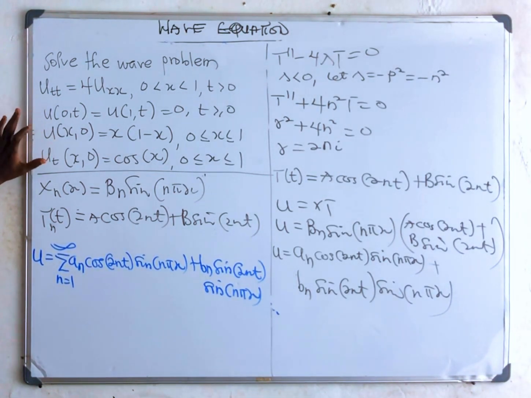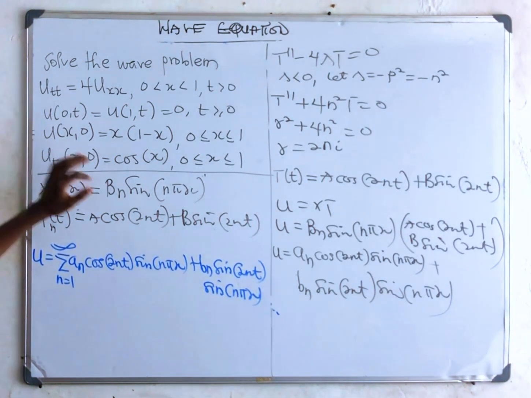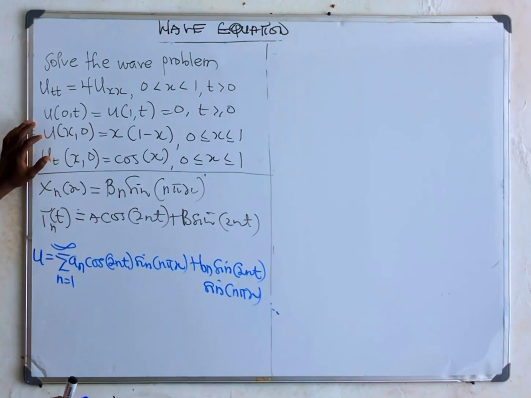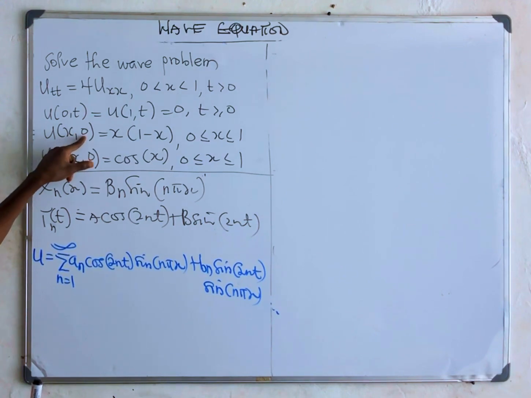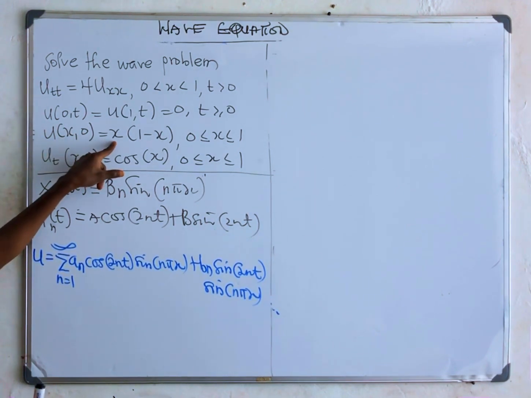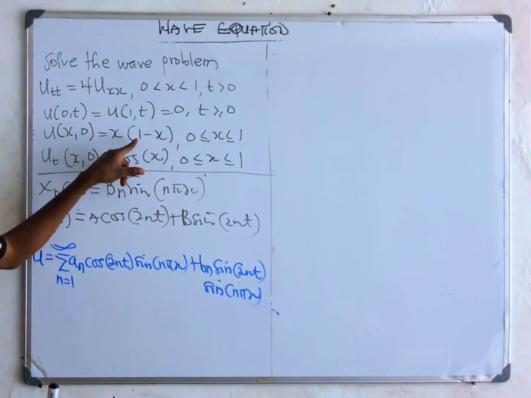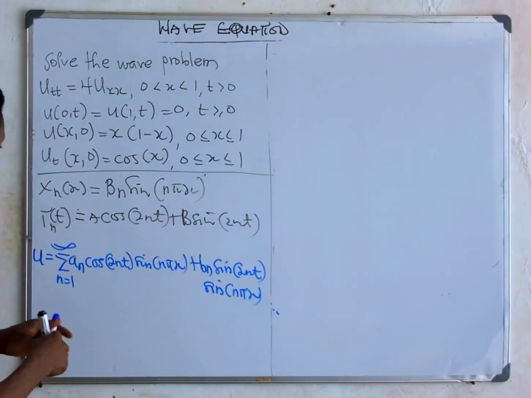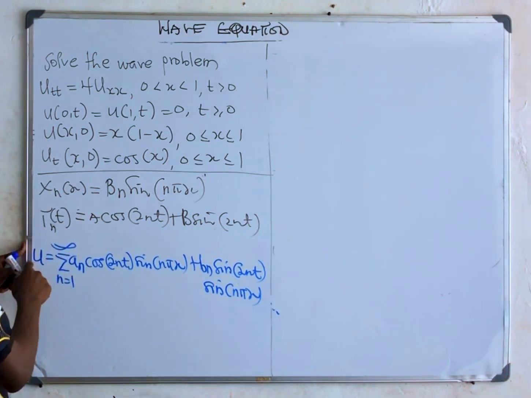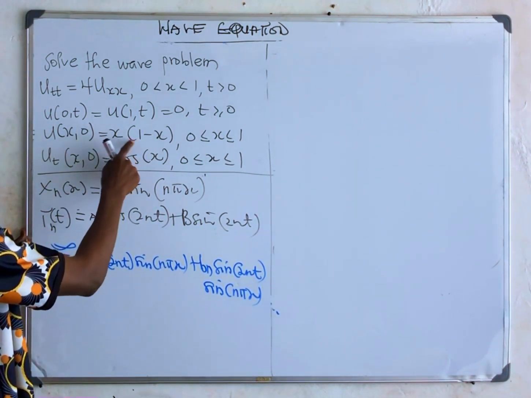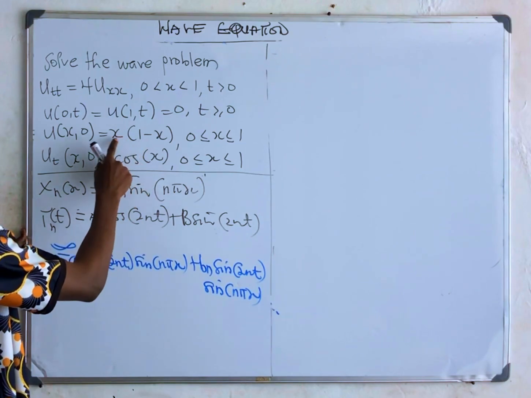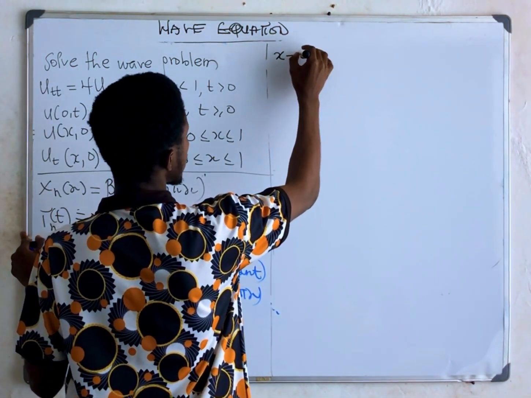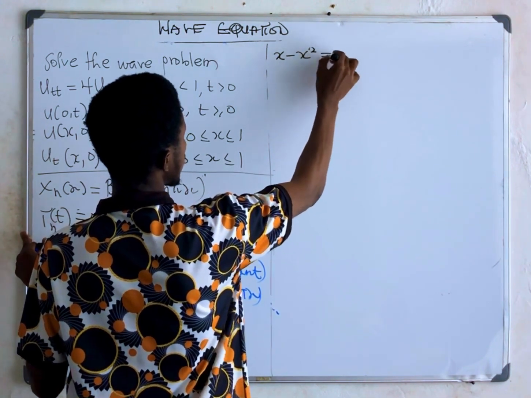So let's start with the first initial condition. Let me clean here. Okay, so for the first initial condition, t is 0. f of x, or u, is x bracket open 1 minus x. Is that okay? So let's do that. Let's see if I substitute. So u is this, so let me put it there. x times, let me expand this. x times 1 is x. x times this is negative x squared. So I'm going to have x minus x squared equals